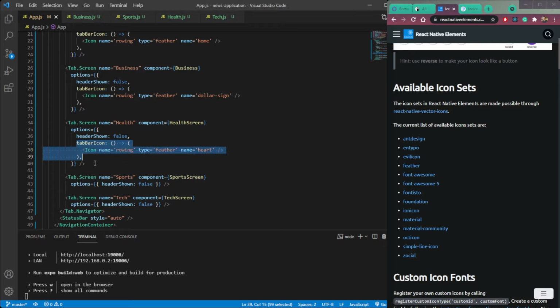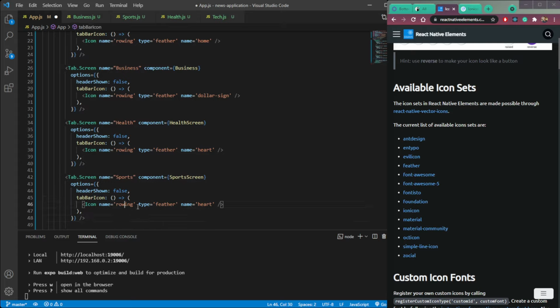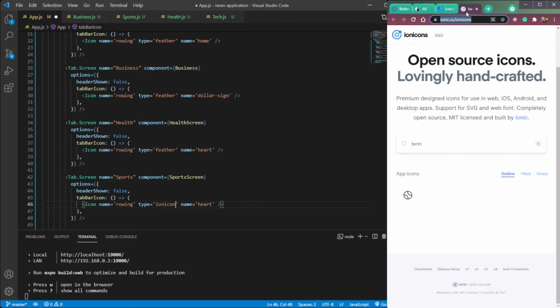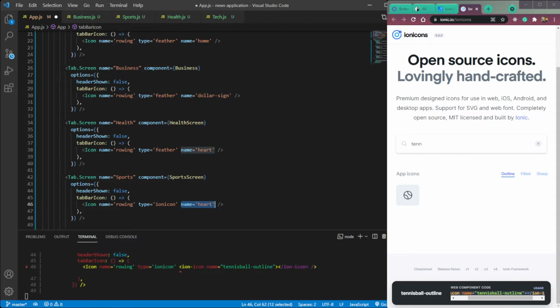So copy this and here paste it. Just make this feather to Ionicons, which is this. Copy it and paste it here. And then for the name, let's use the name which is tennis ball outline. Copy this name and paste it here.